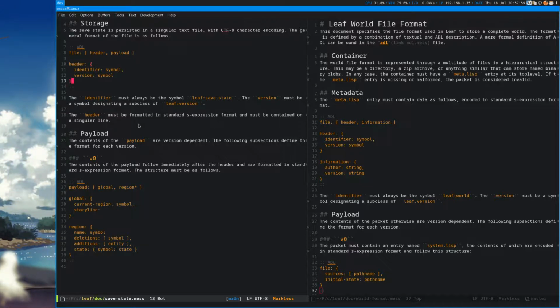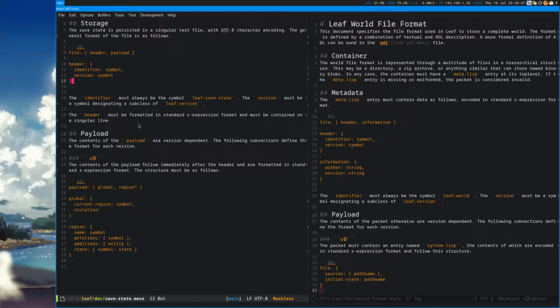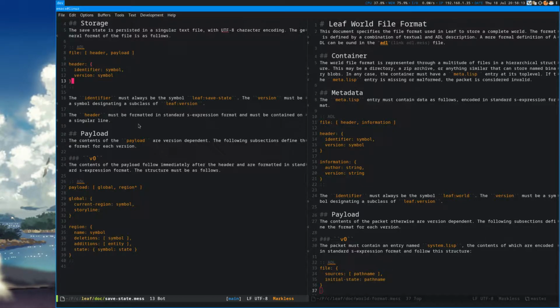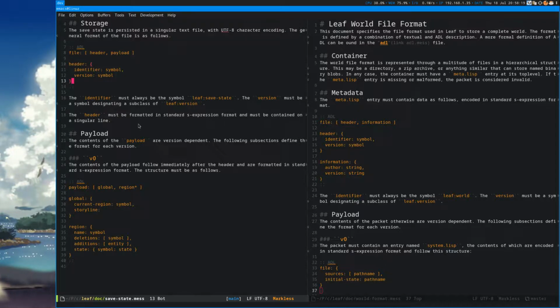This needs to happen right as you leave, because otherwise the changes are going to be lost as the region is unloaded and the memory is freed. When you do that, it would be annoying or wasteful if you had to rewrite all of the data of all of the regions, which might be a lot.